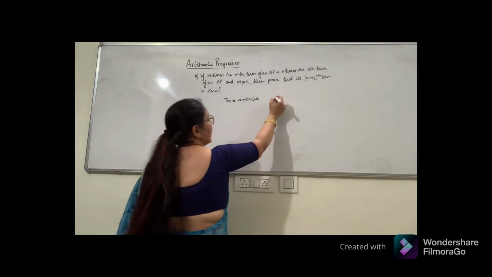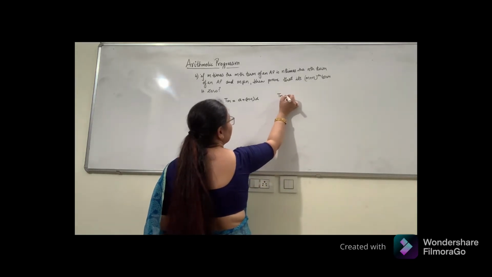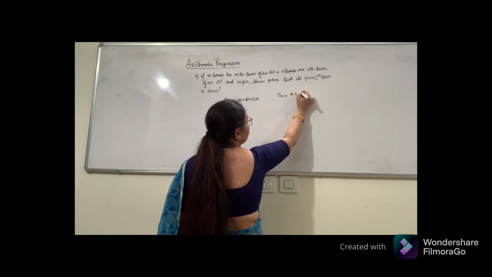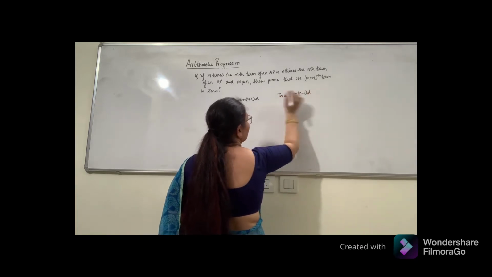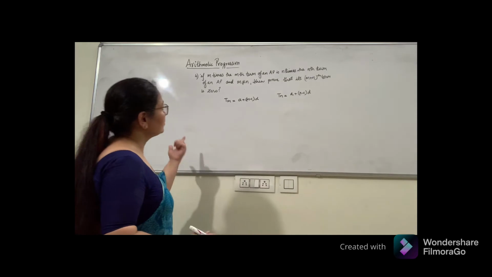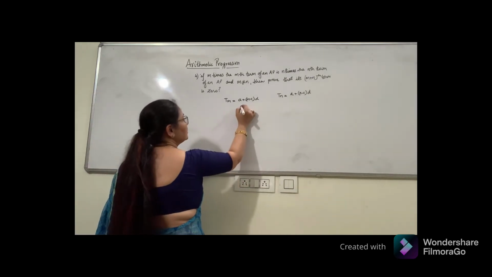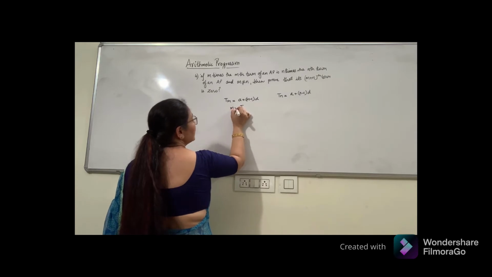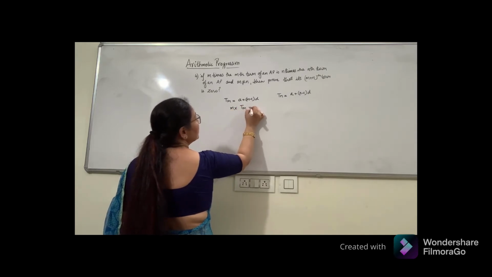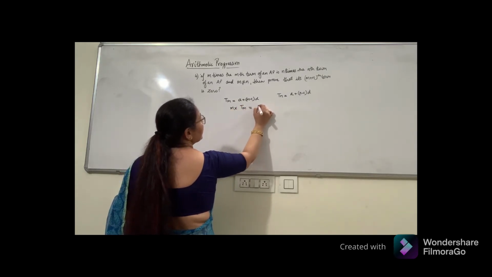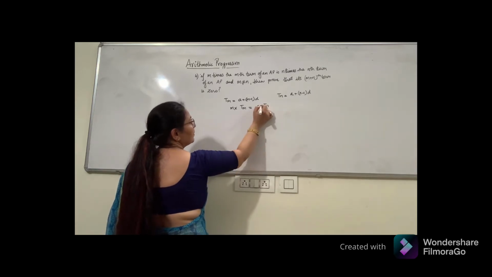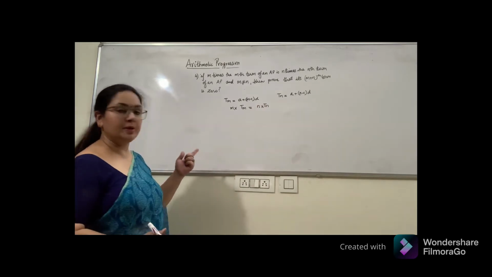And the nth term can be written as A plus (n minus 1)D. Now he says if m times the mth term of an AP is n times the nth term, then prove that